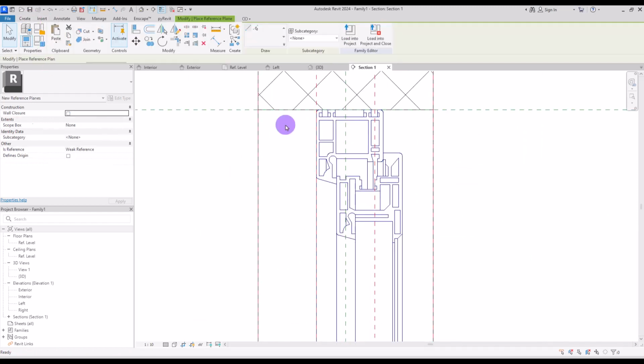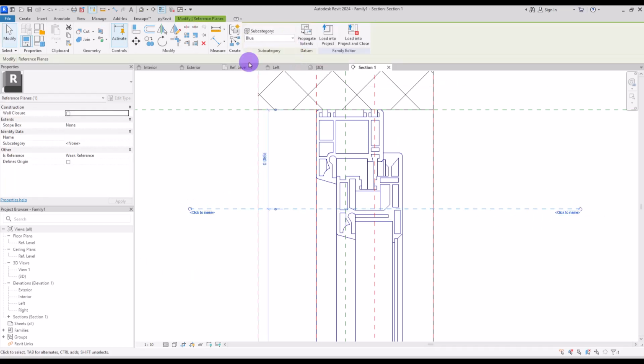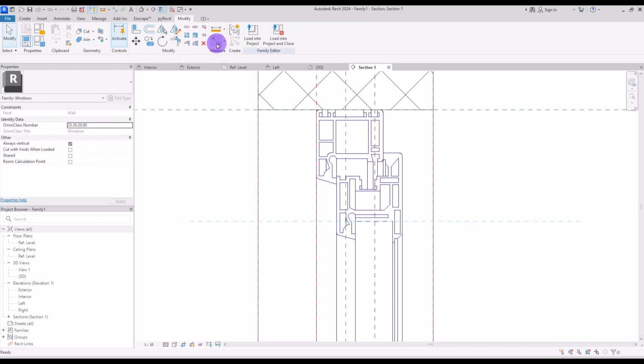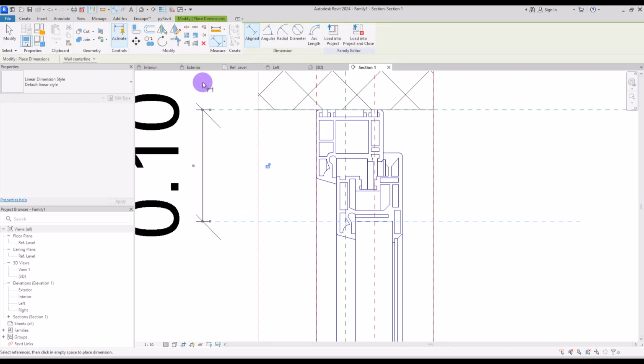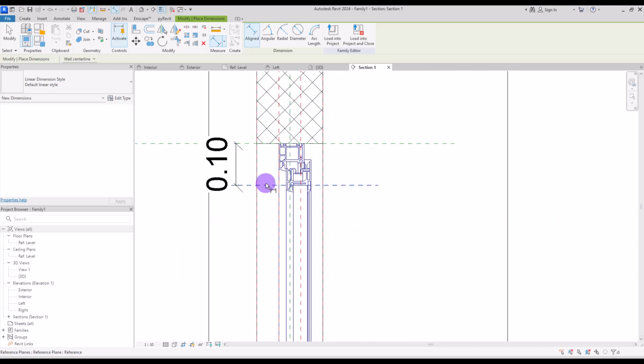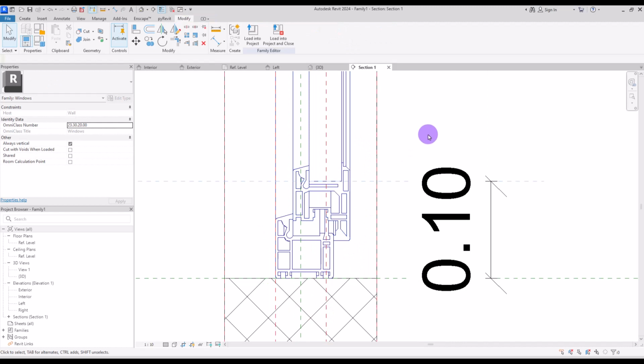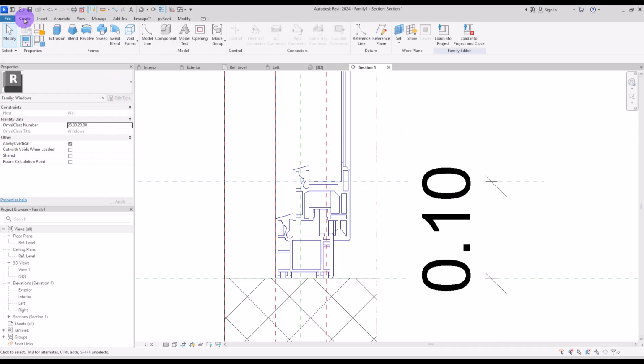I'm going to simply create a reference plane in here with the blue one, and then I will align it with here, and after that we can create a dimension like this and lock it. Let's lock this part too. Okay, these two dimensions and reference lines were for the height of this glazing, so we need to create another